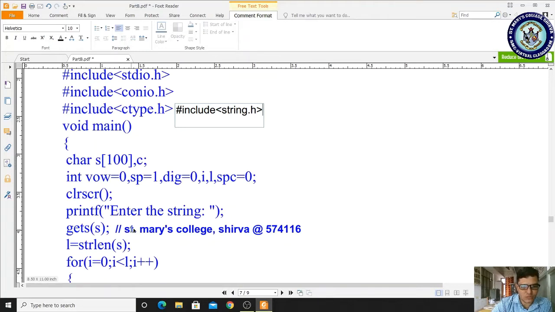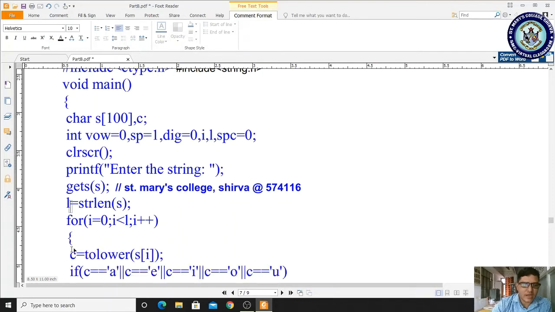Let us see: 1, 2, 3, up to 34. So what is the length of this entire string? 34. So how are we calculating? By using the strlen function. To make this strlen function work, we must include the string.h header file. So here l will come as 34.